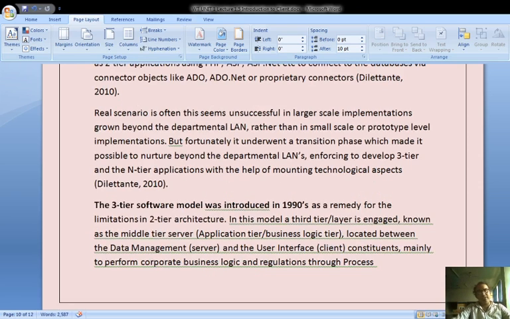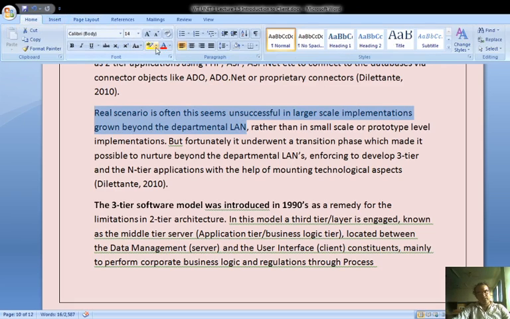So in a real scenario, large-scale implementations grew beyond the departmental level, so that's why 3-tier systems came into formulation. In the 3-tier system, we introduce a new layer known as the middle layer, the application tier and business logic tier.